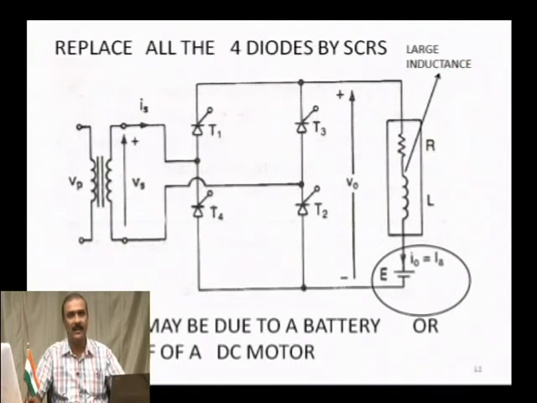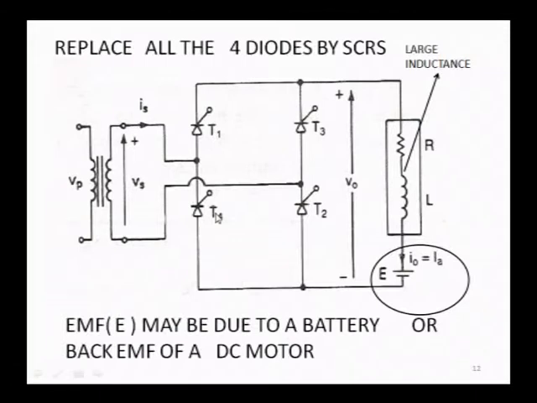You can see here, T1 and T2 are triggered at some instant, let us say alpha is equal to 0 to pi. T1, T2 are triggered. Just like a diode, D1, D2 will conduct during positive half cycle, and during negative half cycle T3, T4 will conduct. So, all these things hold good here also. Only thing is addition of these gates, that is all, and it all depends when the thyristor is triggered. So, the moment you trigger T1 and T2, it is as good as connecting 2 diodes, that is all. These 2 diodes are conducting now, we say.